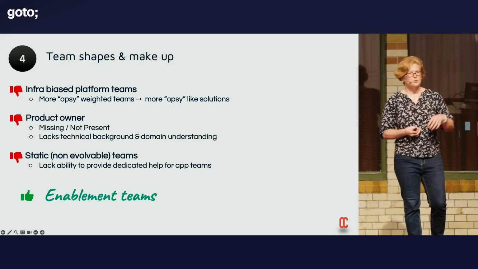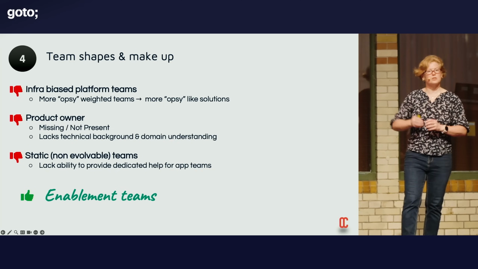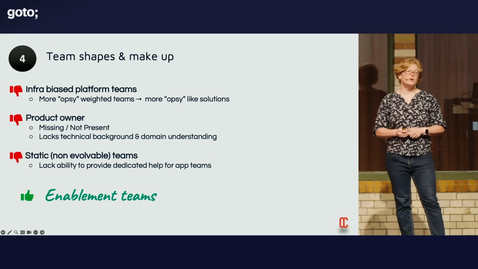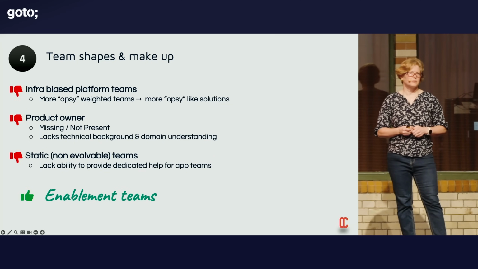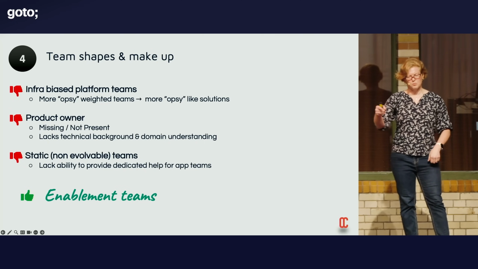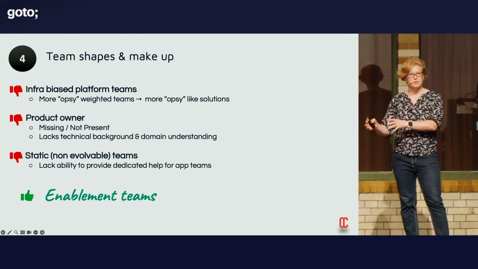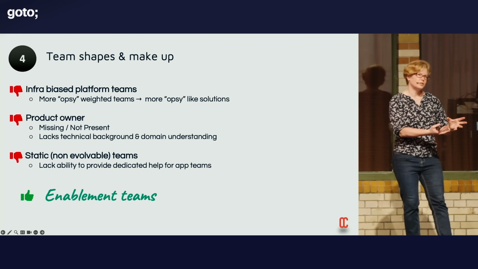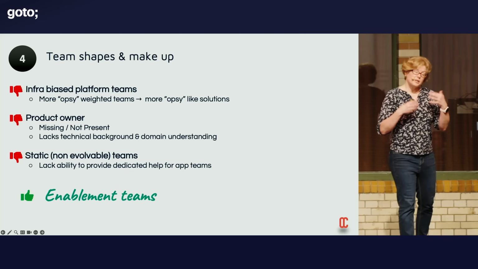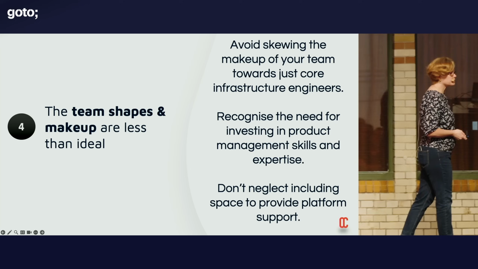So we find, again, the concept of enablement teams from Team Topologies is a great way to do this. So when you can take maybe some of your engineers and make them available to some of the streamlined teams out there, you can use that to work out what do they actually need. So you might be building something and say, well, actually, whilst we've been part of those teams, this is not really where the problem is. They're really struggling with this. So let's bring that back and change the platform and bring that sort of knowledge in. So if you're static, you don't really have the sort of freedom to be able to do that.